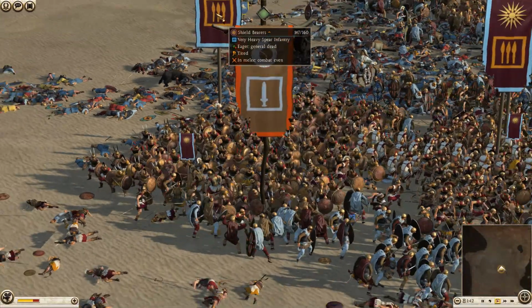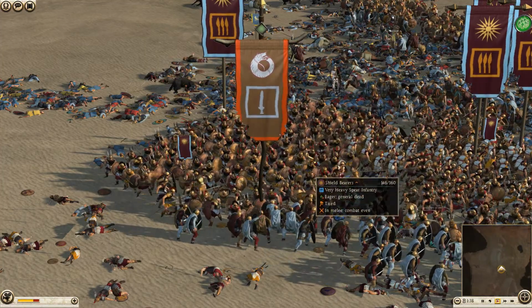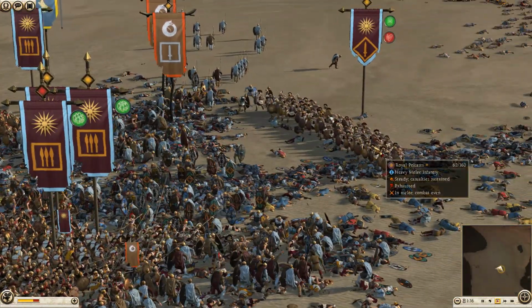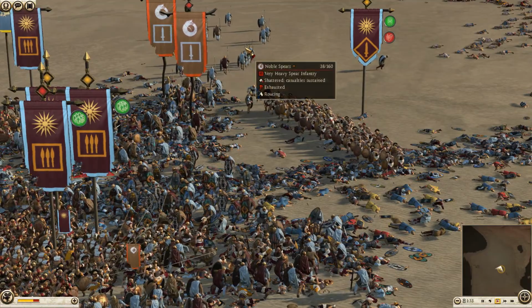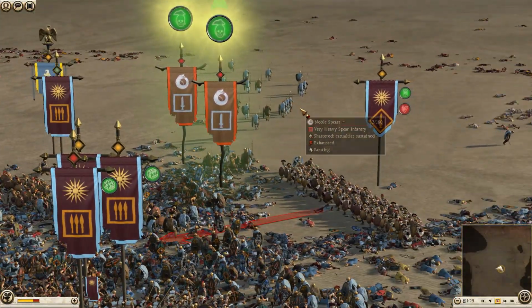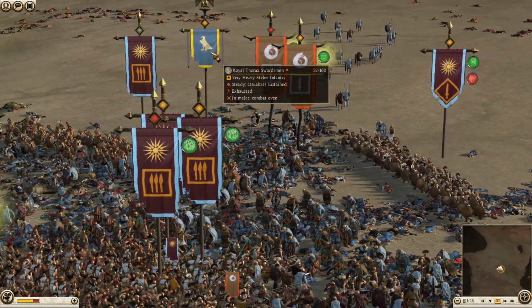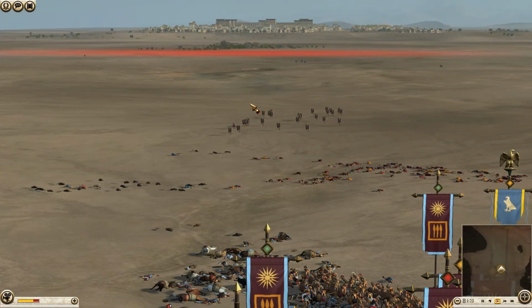What do we have here? Shield bearers making their way in onto a unit of depleted noble swords. Peltas have not gotten into combat yet. We do have a unit of noble swords over there that is now routing off of the battlefield. They're actually broken. Their flag is gone. Wow, the Egyptian general's still alive? How is that possible? Oh, wow, they rout...